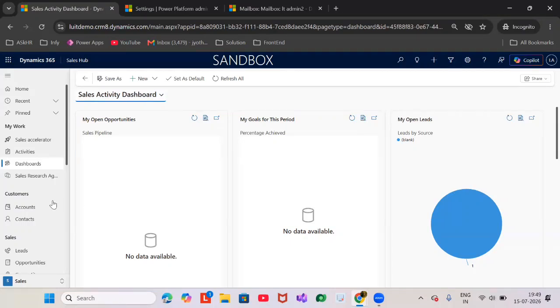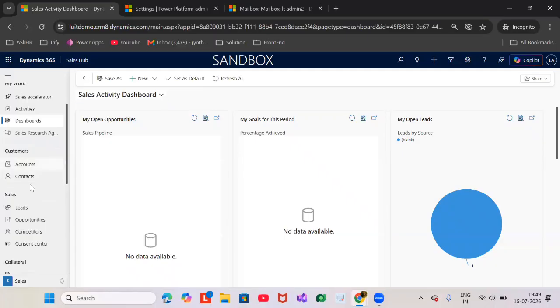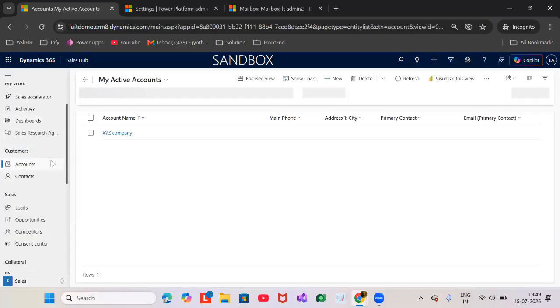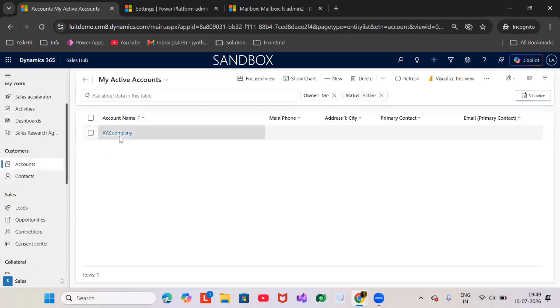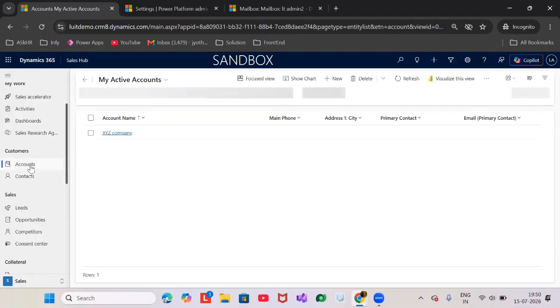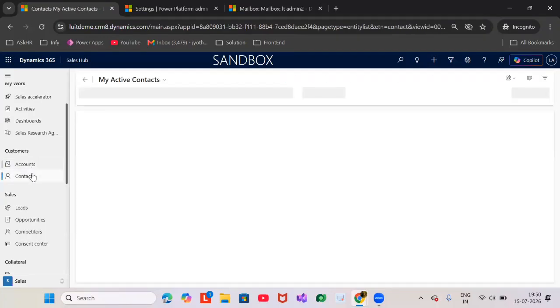Okay. Now, before going there, what are accounts and contacts? We already discussed. An account is something which will store the details of a company or organization. And a contact is something about the individual, the individual who is interested in our product. So one organization can also be interested in our product, and from that organization, someone,